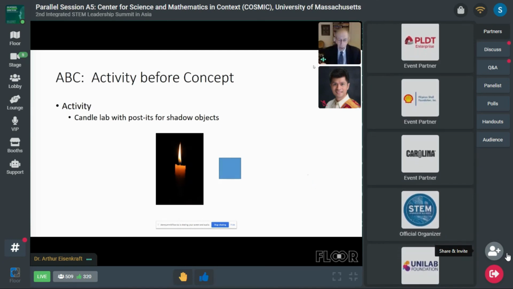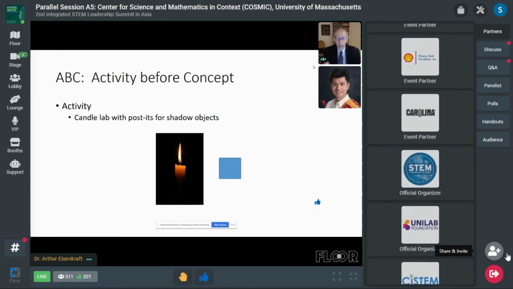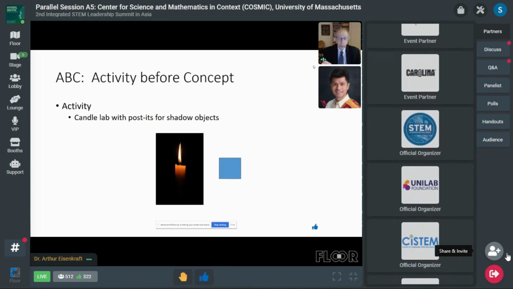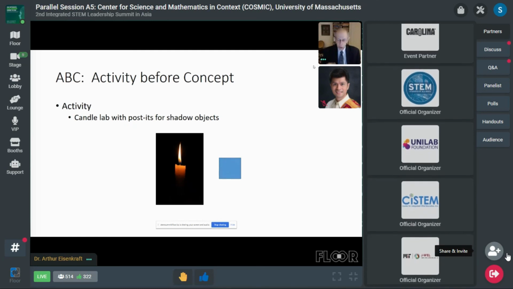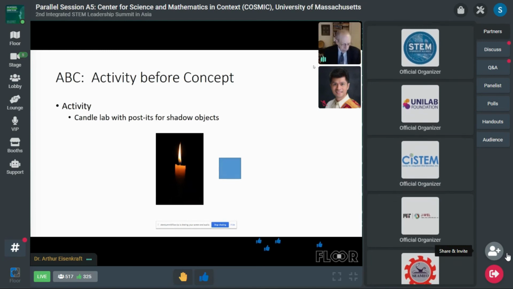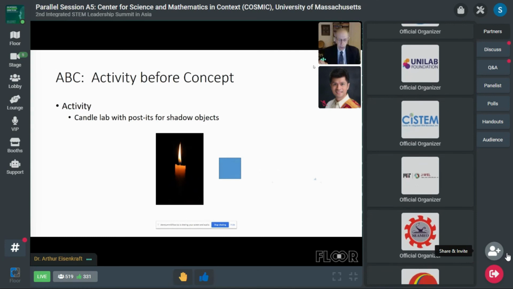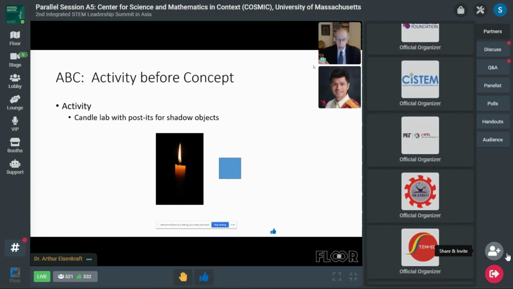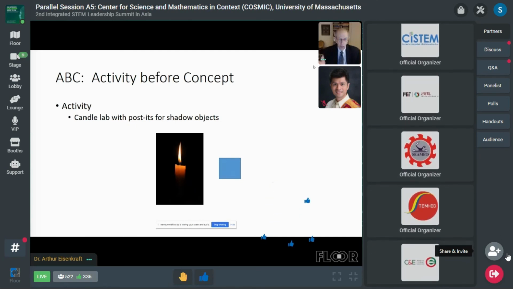Now with shadows, you might say, well, everybody knows about shadows. Well, maybe not. So you want to make sure that they have an opportunity to make a shadow. So you give them a candle or a torch, or their phone might have a camera, a light source on it, but a light source, and you can give them a little piece of paper, a Post-it, and a screen, and they should be able to make shadows. So that's the activity